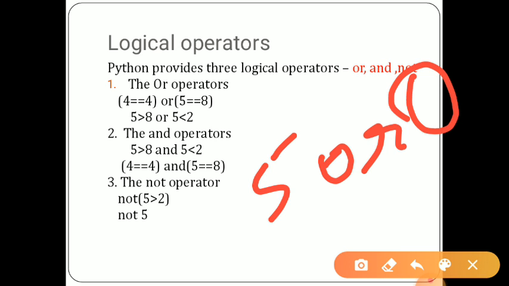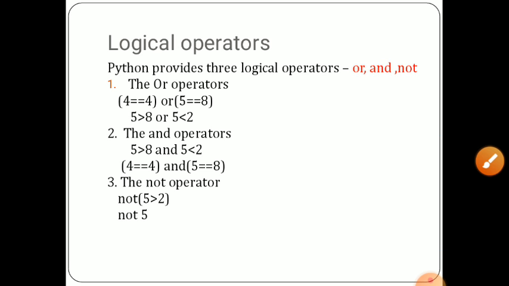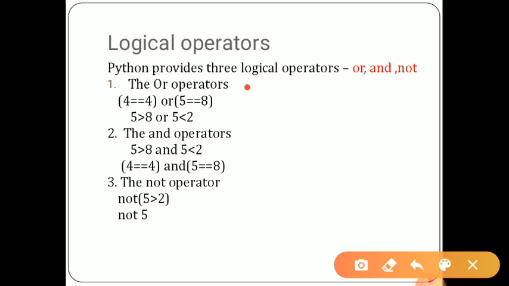Okay, 5 means... 0 can be the start, so it will return the value 0. So I have given this example. It is with relational operators. First we are using relational operators, then logical operators.